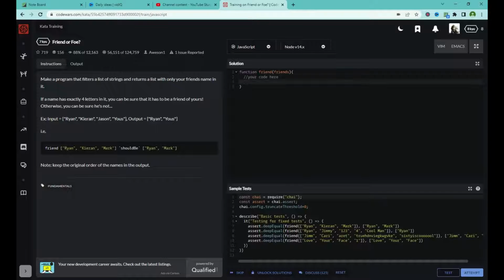Okay, so make a program that filters a list of strings. If a name has exactly 4 letters in it, then it's good. Okay, so it needs to go through the whole array. So for i equals 0, i is less than friends.length, i plus plus. Okay. If friends at i dot length equals 4,